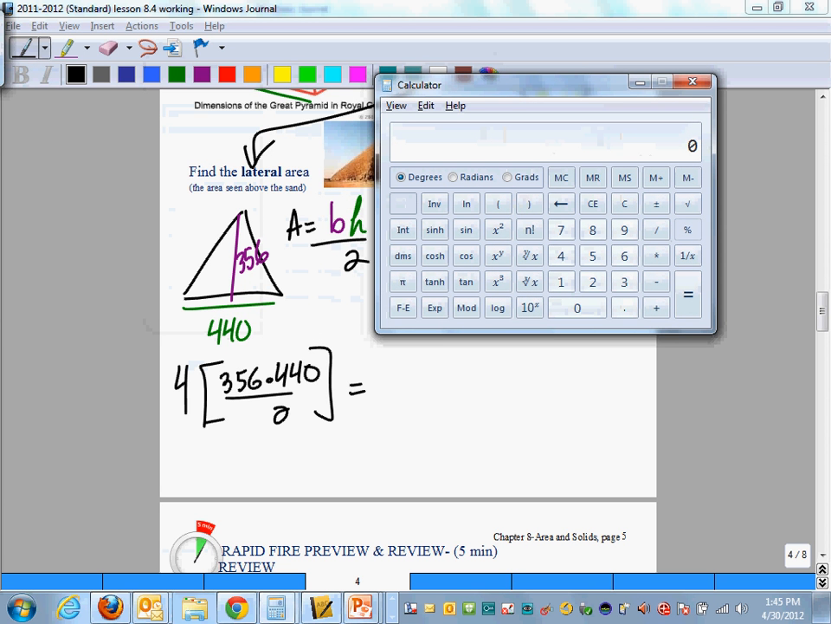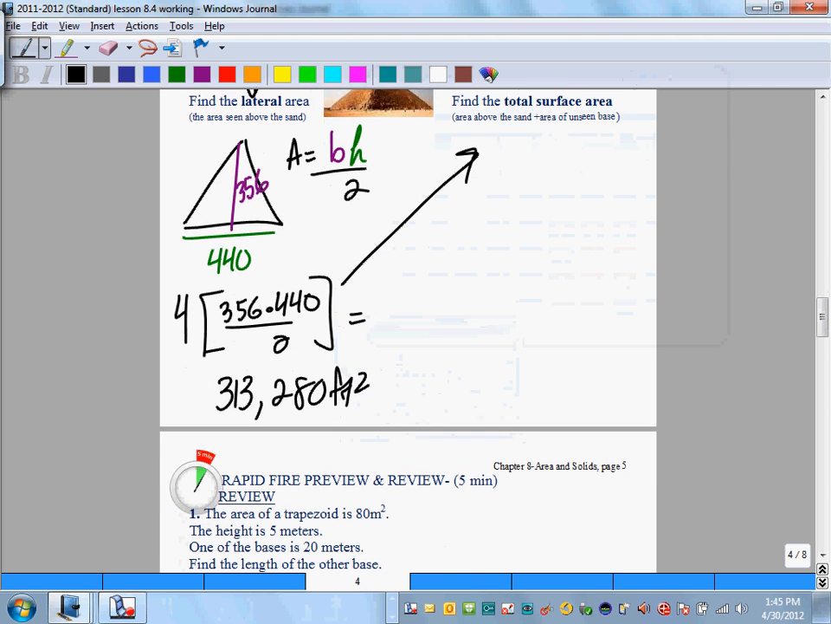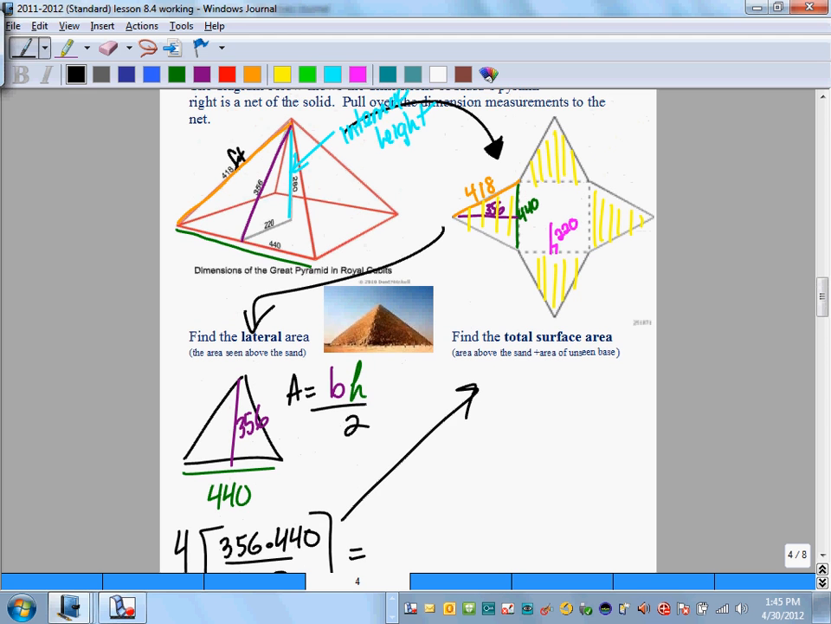For those of you who are not quite done, you do base times height over 2, and then there's 4 of them. So we're going to go 356 times 440 equals, 2 goes into 4 twice. We times by 2, and you get 313,280 feet squared. Now, if I want the total surface area, including the base, I add the lateral area,